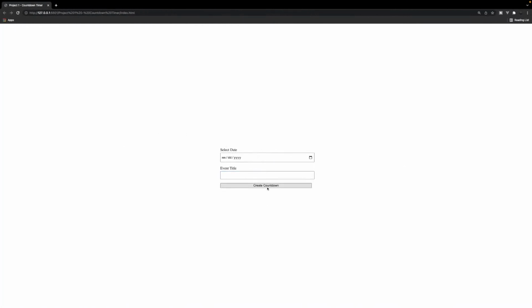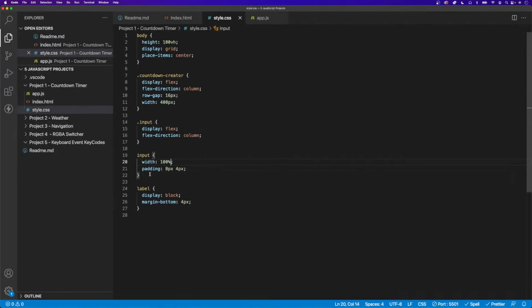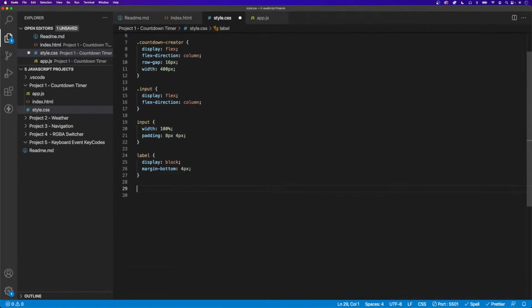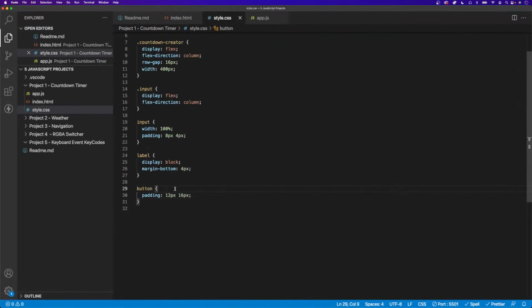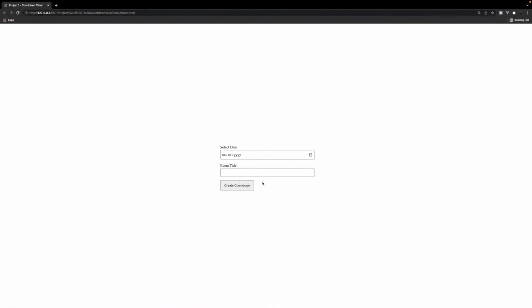All right. So let's do some styling to our button here as well. So under the label, we'll just do a button here, and then let's just do some padding on here. So we'll do 12 pixels on the top and bottom, and then let's do like 16 on the left and right. That should look good. And then do we want this to be the full entire thing? I don't think we want that, so we can do align self to the flex start here, and that should push it all the way to the beginning here, so it's not taking up the full space,